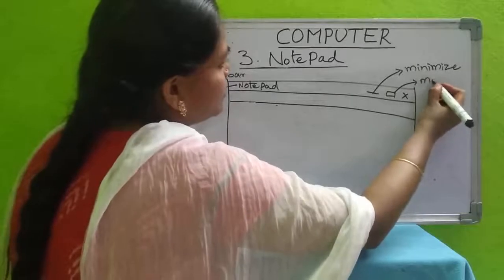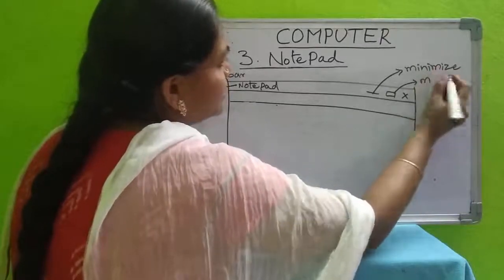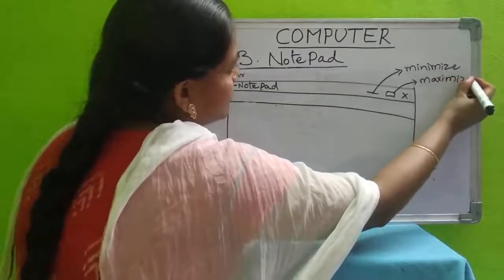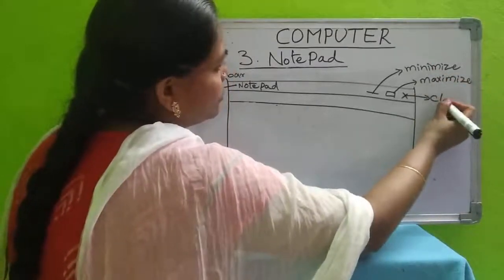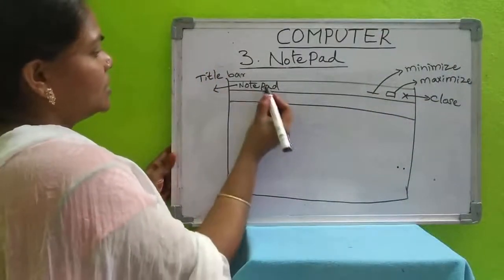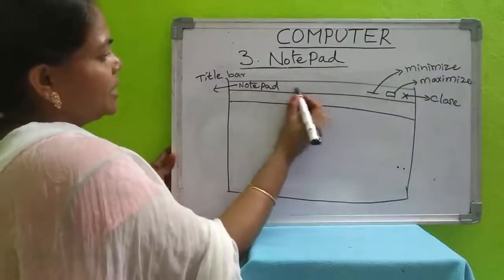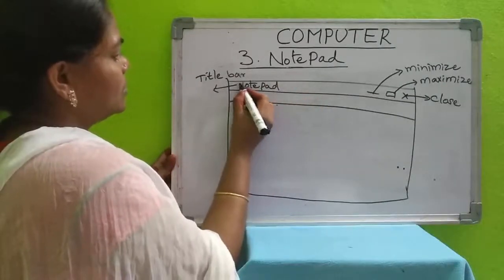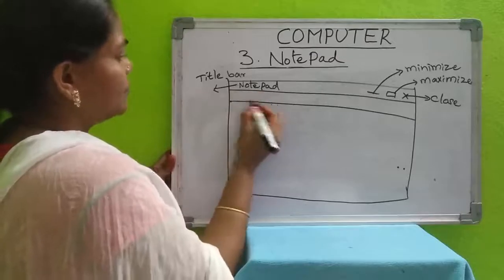You can minimize the window, maximize the window, and close it directly here. Whatever name you give for this Notepad will be written in the title bar. I will show you how to write the name and how to save it. So next one is